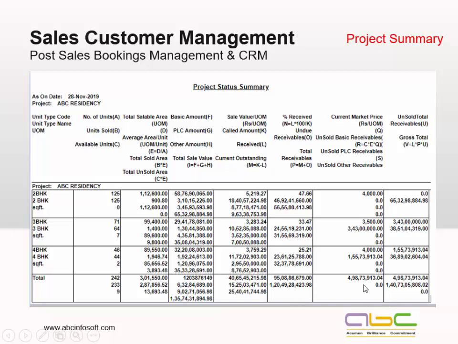For the next column, we have the costing involved for the unsold inventory, and then this is for the total project. So this is a very valuable report where you can have all those major macro details of the project within the same A4 printable format.